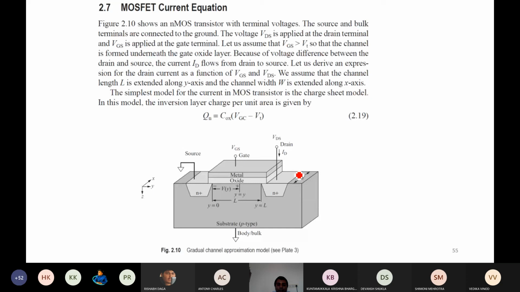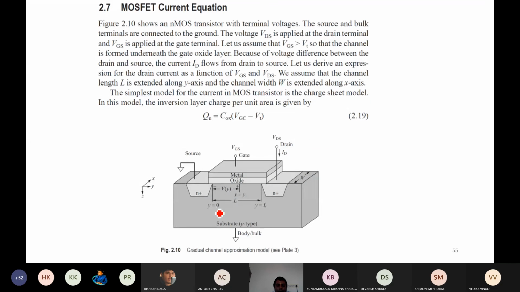This is the structure, a 3D view of this transistor, shown here. We can see the n plus source and n plus drain, and generally we are taking 3 axes here. Along the width it is the x axis, along the channel length the y axis, and downward is the z axis. The source is grounded. The gate has some voltage applied; if it is in the on condition, it is applied a positive voltage more than the threshold voltage, and drain to source voltage can also be applied at the drain.